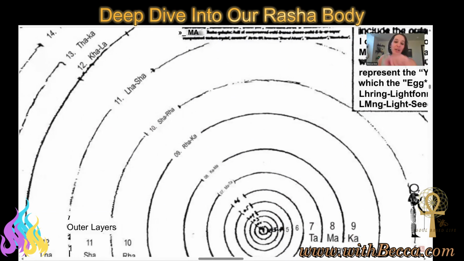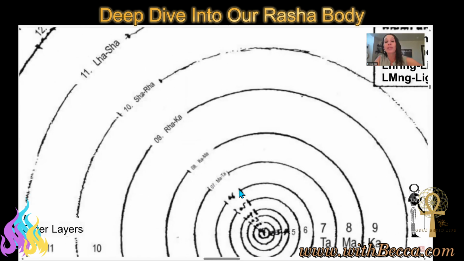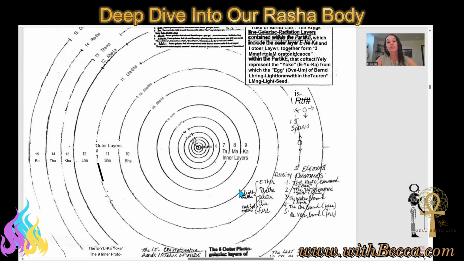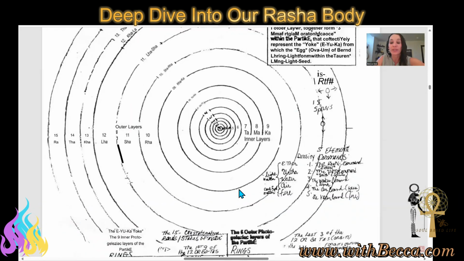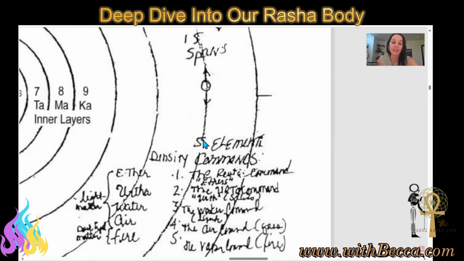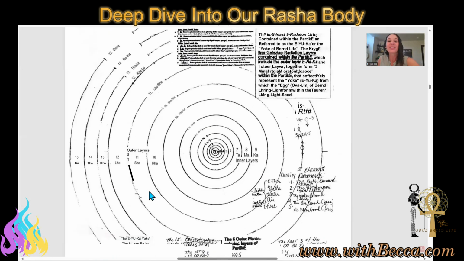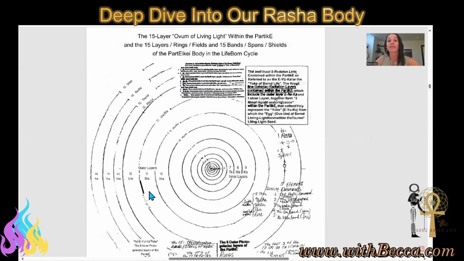So within here, this is where we start to get the things like ka, tha, ra, and ma, ha, rata, where we start to get basically the sound tones that start to create Kathara grids. And you can see the bands go out in this way. So one of these is also to recognize they are connecting into the elemental domains. And as they work within the elemental domains, this is why we want to work with the elementals, because they actually start to awaken certain sound tones within us and also particular virtues.